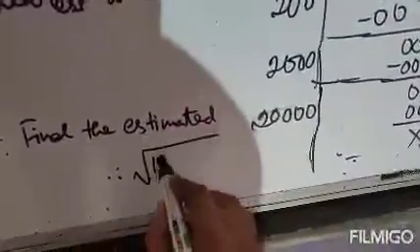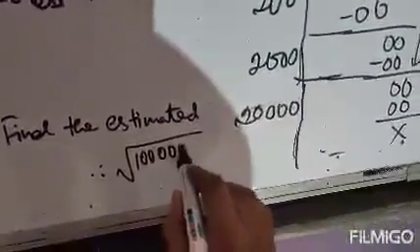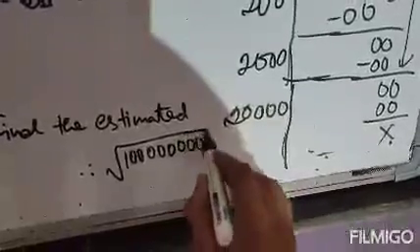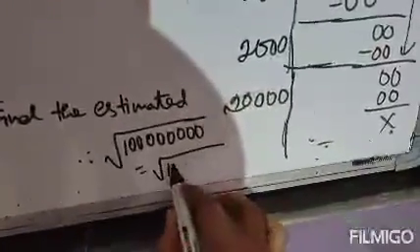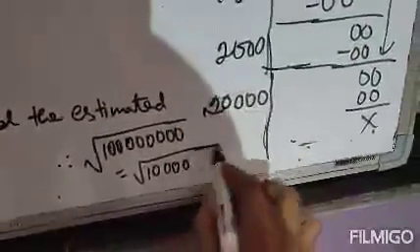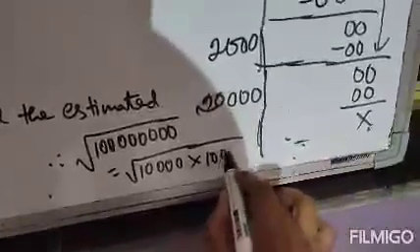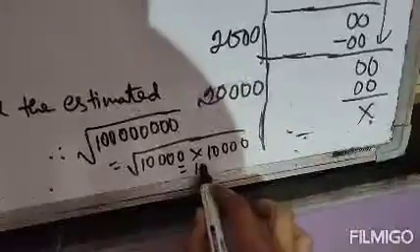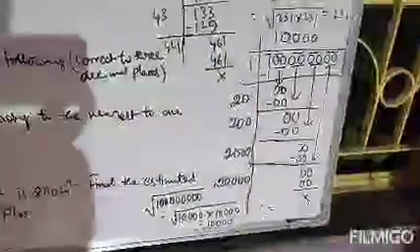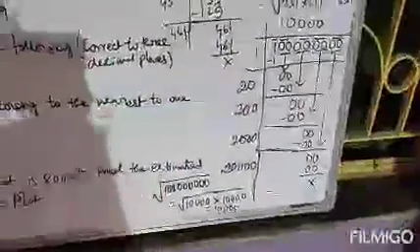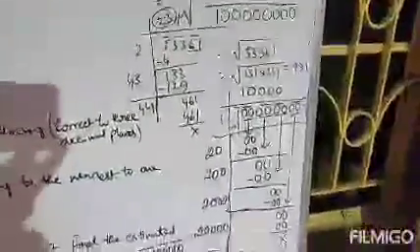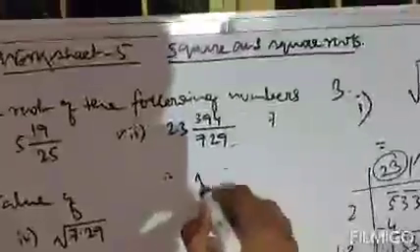So we can write square root of 1, 2, 3, 4, 5, 6, 7, 8. We can write 1, 2, 3, 4 and 1, 2, 3, 4. So this is 1, 2, 3, 4. Clear? 1, 2, 3, 4, 5, 6, 7, 8. So your answer is 10,000. Now, denominator is 10,000 and numerator is 231. Clear? So we can write square root of